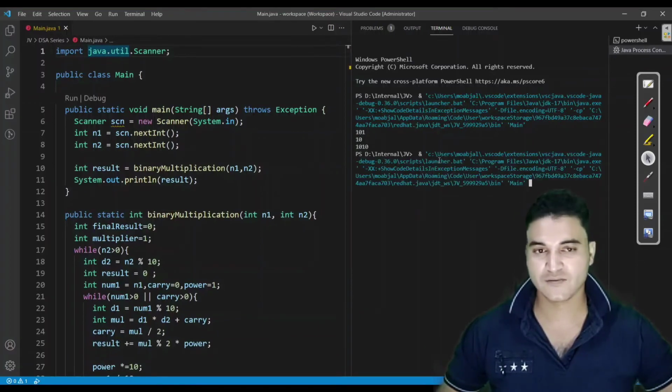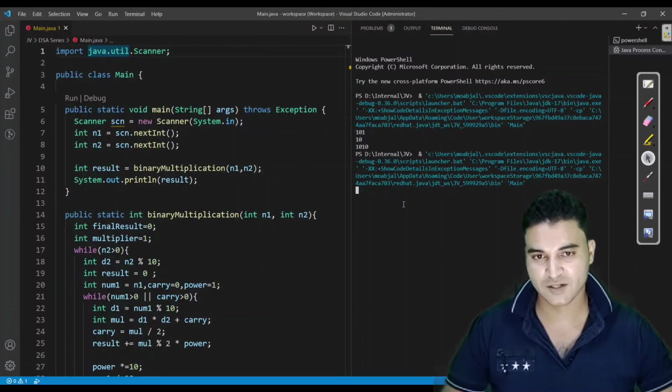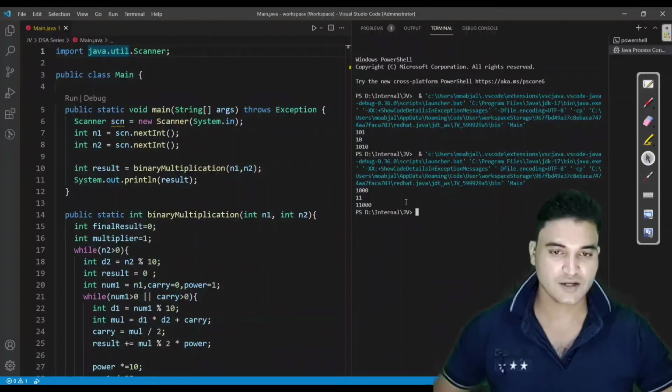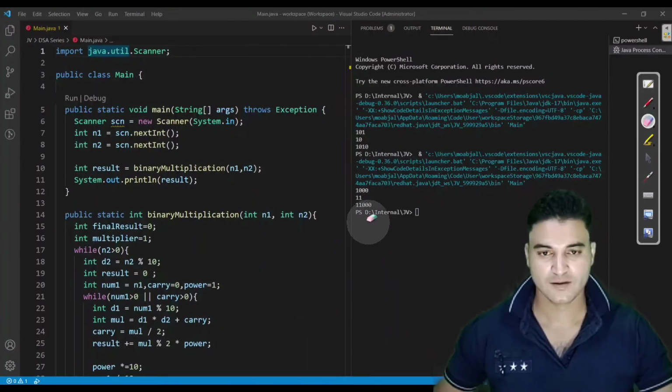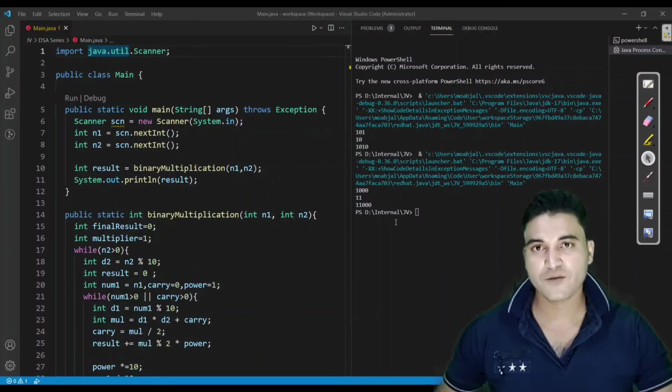Let us execute it once more so that you should be able to visualize things. Let us add 8 this time. So 1000, and multiply 8 with 3 so that we can get 24. So 3 is like this. Fine. So that we should get the binary representation of 24. So you can see we have got this 24 binary representation.